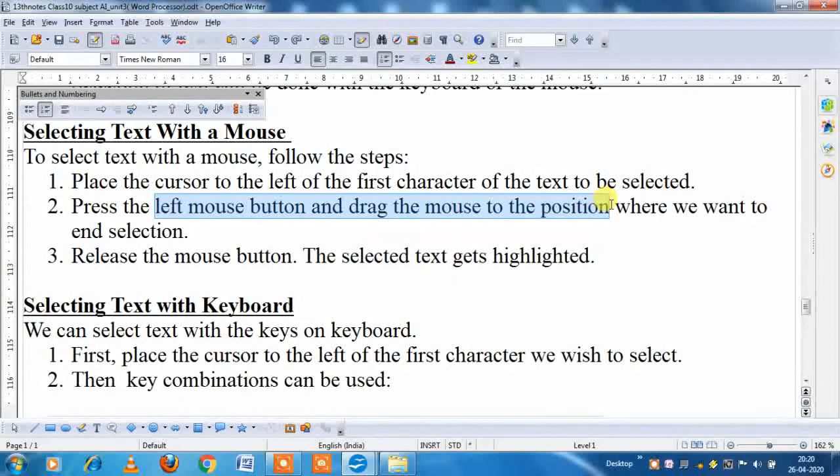Yes, and your text will be selected. It gets highlighted as it is shown now. Again I am repeating. Put the cursor, press the left mouse button and then drag the mouse. And in this way, simply with mouse we can select text.